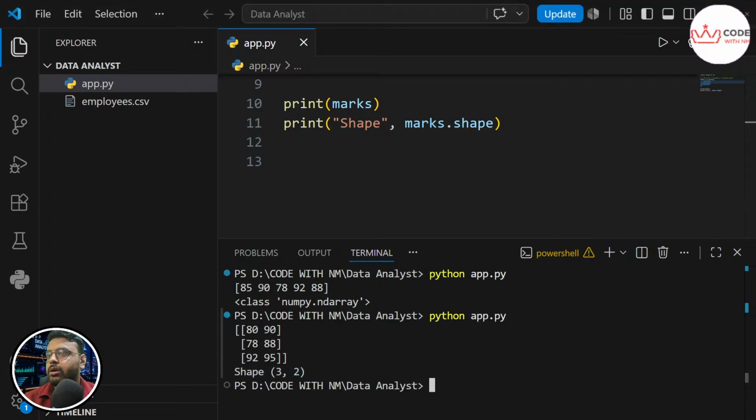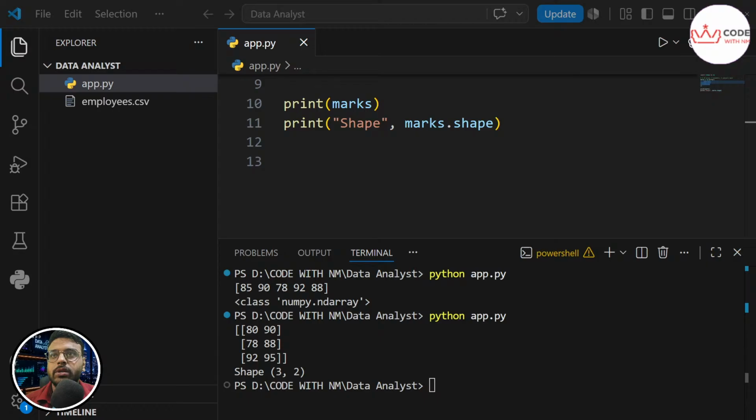Okay, thank you. So shape is nothing but, if you're working with millions and millions of data and you want to know whether your data is set in 2D or 1D or 3D, shape defines it. The first value is the number of rows and the second one is the number of columns. So this is the shape of my 2D array, my data itself. And we need to check shape not again and again, only once when you start with a new data set, because in the real world we don't go and double click and open the CSV file or the Excel file to check the data. No, we do it through Python only.